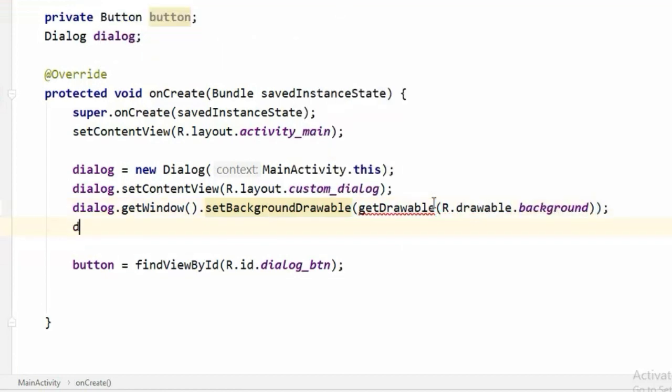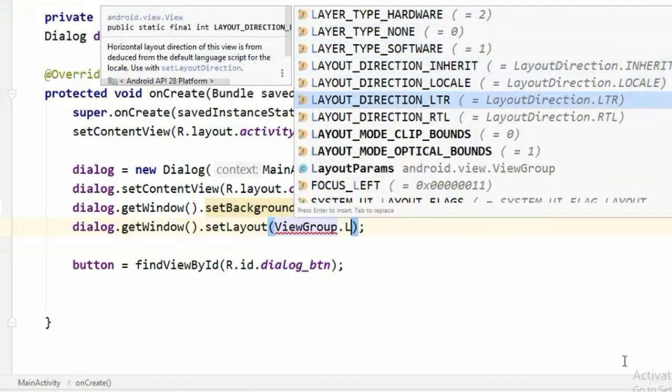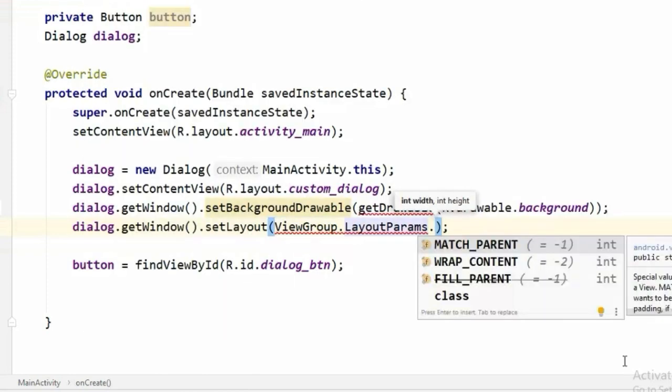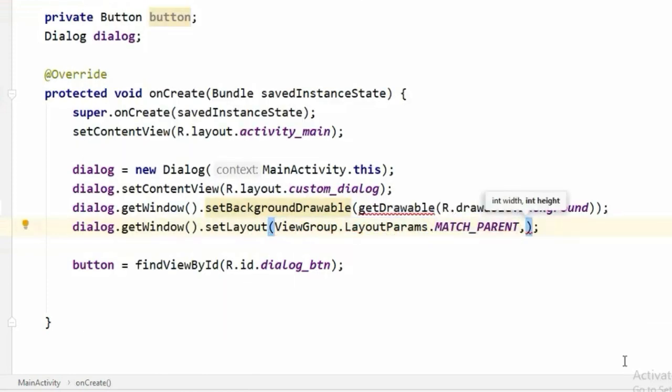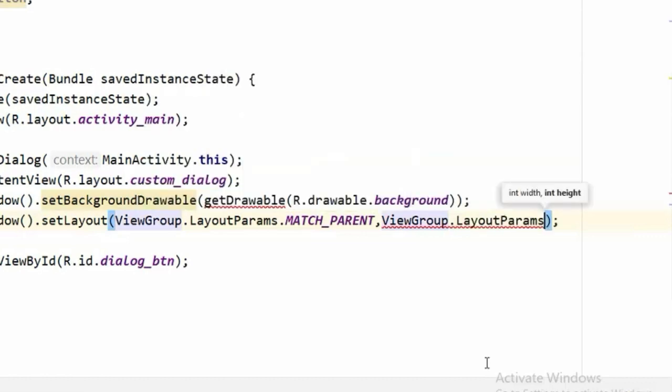Now to set the width of our dialog, we will call dialog.getWindow().setLayout, and the first argument that it will take will be ViewGroup.LayoutParams.MATCH_PARENT for the width, comma, and WRAP_CONTENT for the height, semicolon.